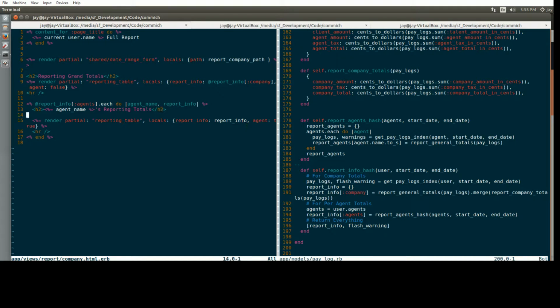I suppose I could pass in the agent. It's a little cheesy saying pass the agent name in for it to be true. If the agent name is there, it's true. There is an agent. If the agent's name isn't there, then it's for the company. But we have all that information, and it's very, very simple, so might as well give it a try. Agent name. And up here, we just pass in